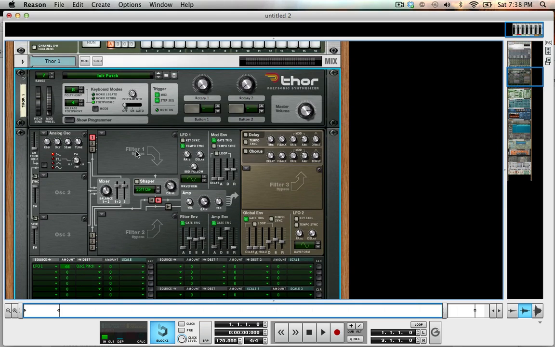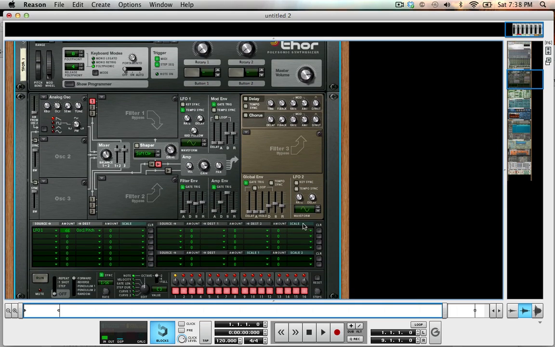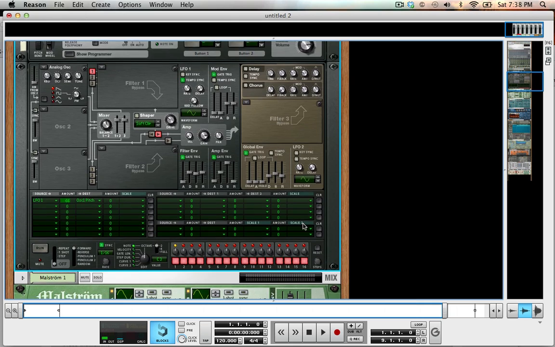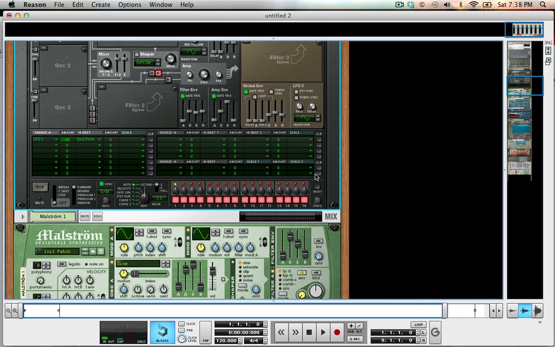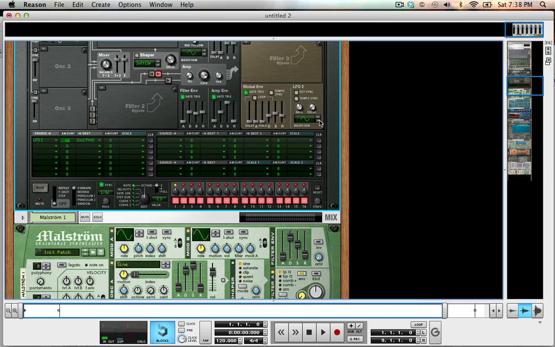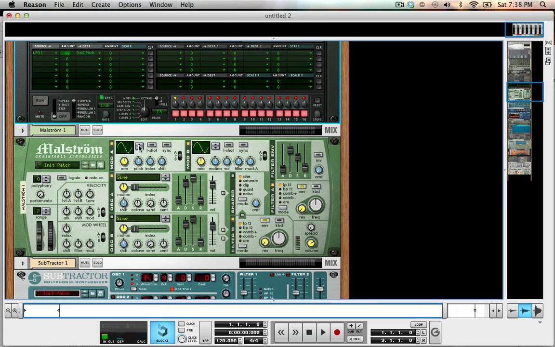We'll just go through really fast to point out some differences in some of the other LFOs. This one doesn't have a keyboard follow. I mean, it might have different waveforms, I'm not actually sure. It looks like they're pretty much the same. The Maelstrom has a lot of different waveform shapes,